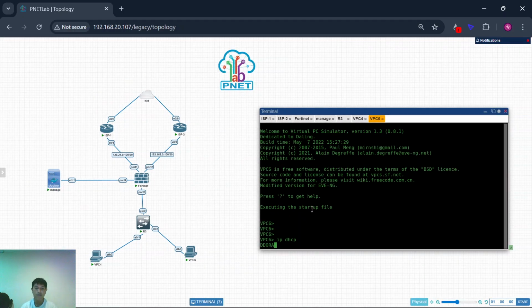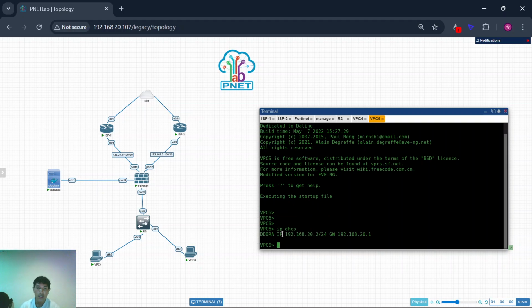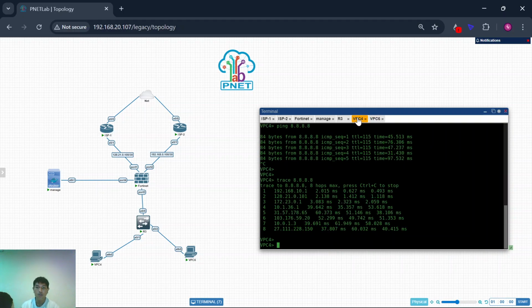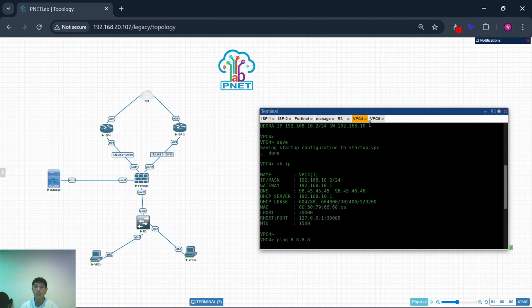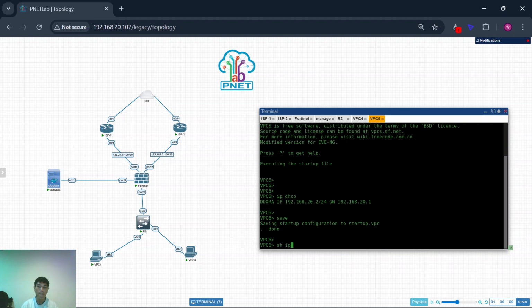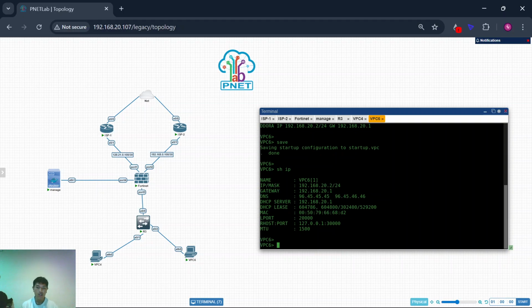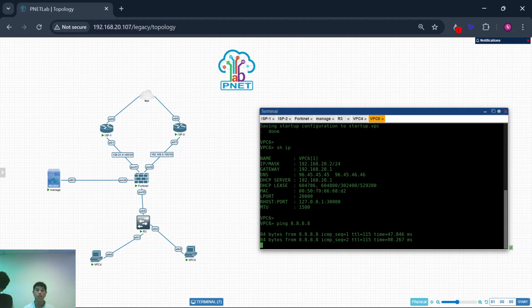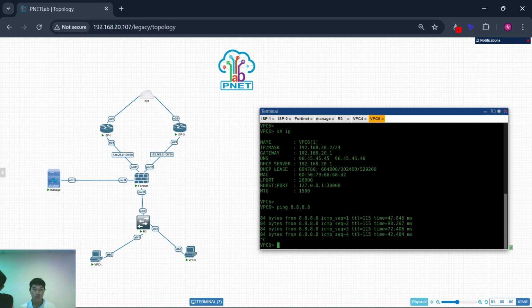Now VPC6, ip dhcp. Okay, Dora. The IP is not the same because this is 20.2, and for VPC4 the IP is 10.2. Save, show ip here, and ping 8.8.8.8. Okay, it's successful. And if you want to see, you can write the same command, trace 8.8.8.8.